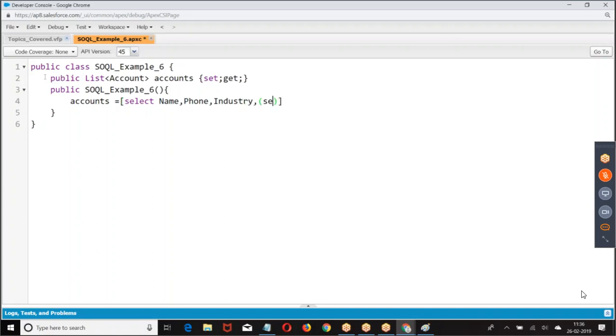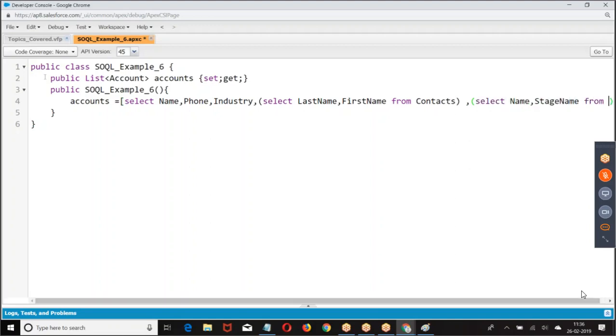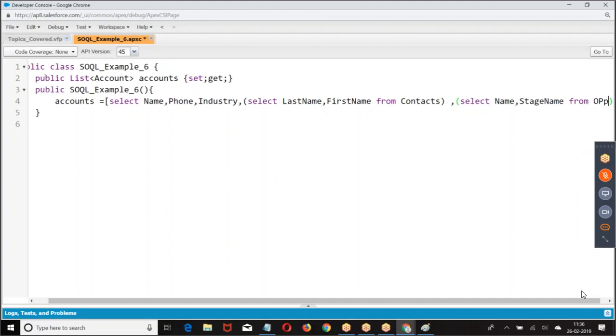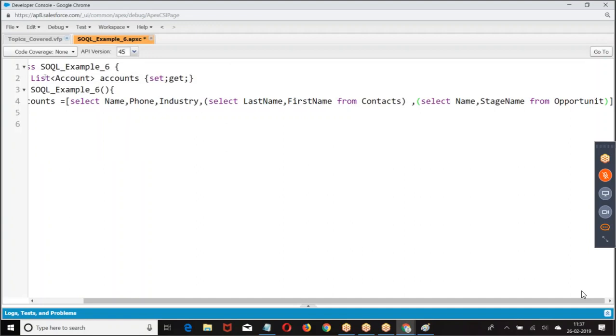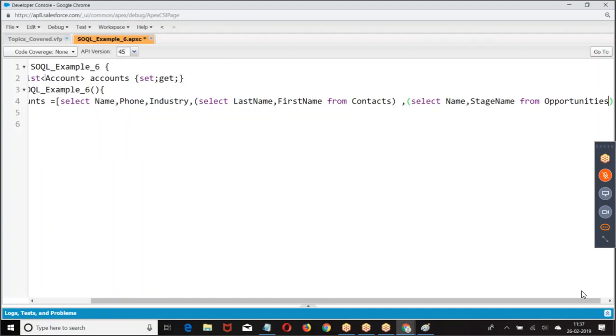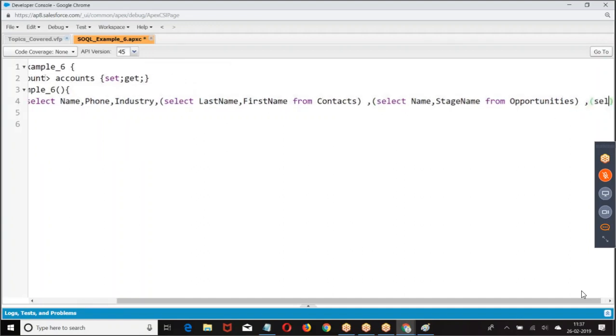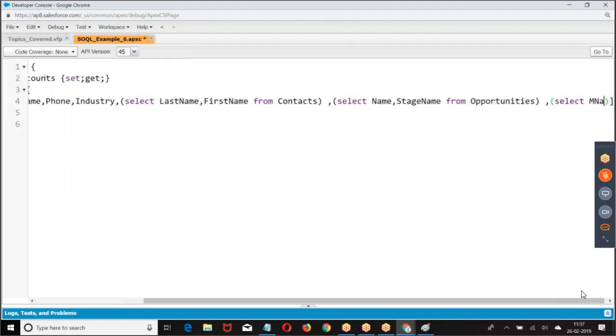Name, phone, industry. Opportunities. Select subject, priority.